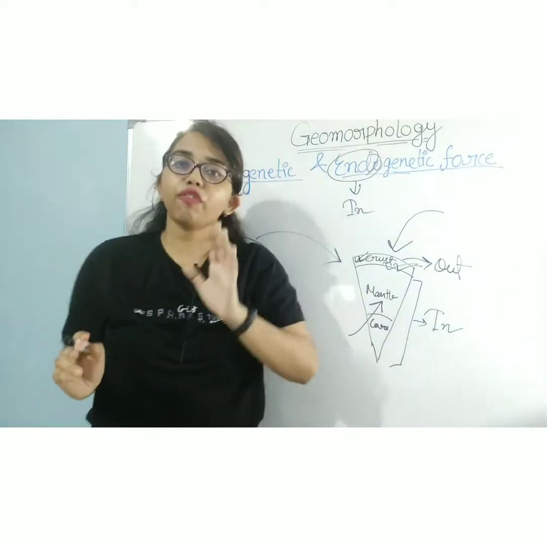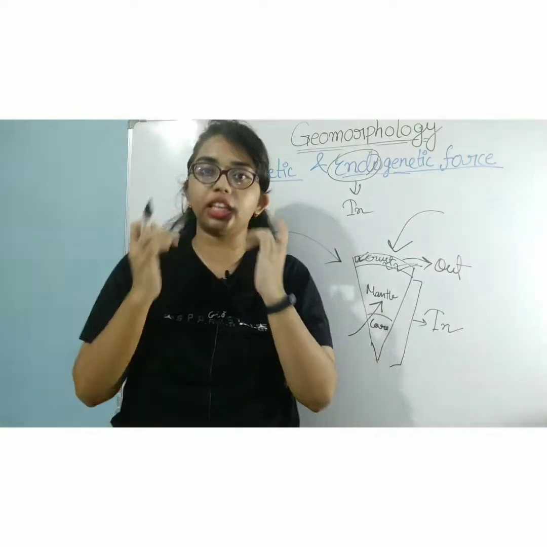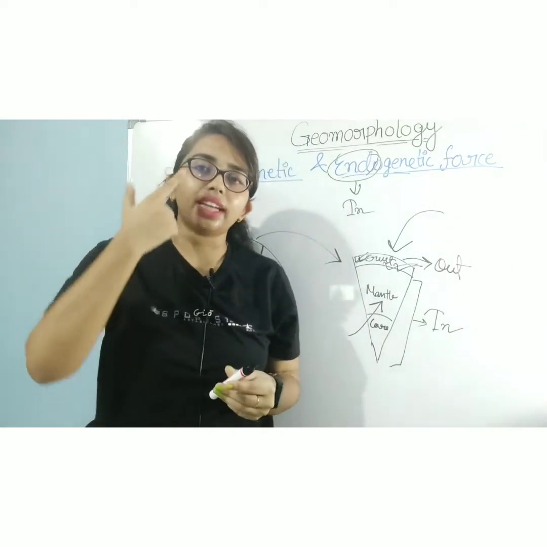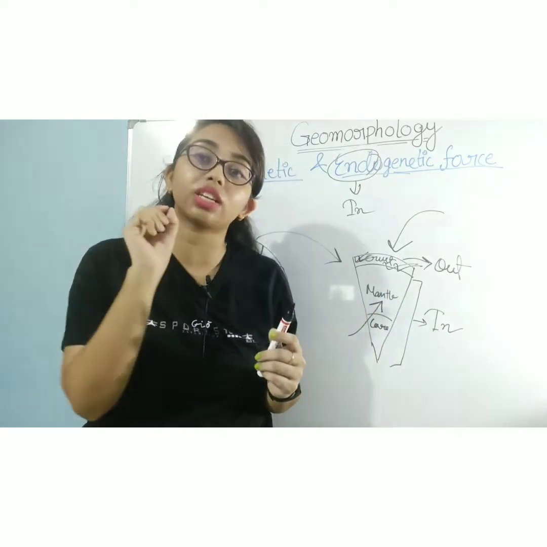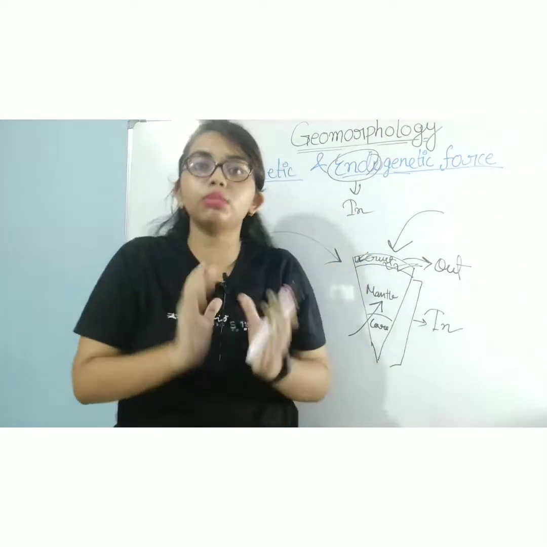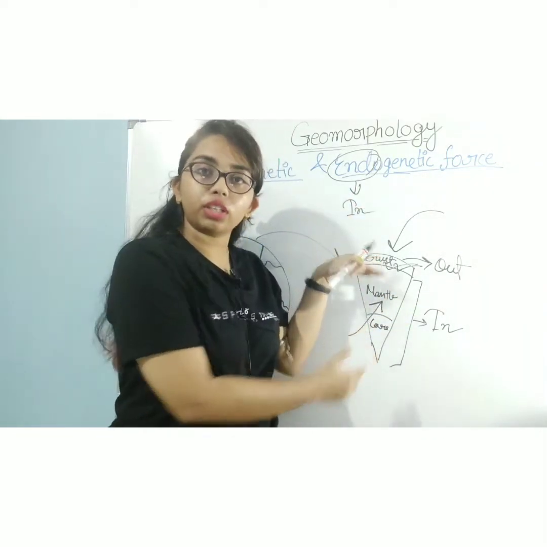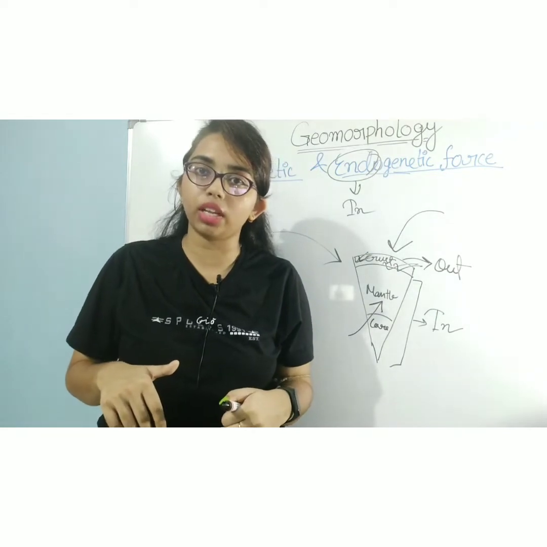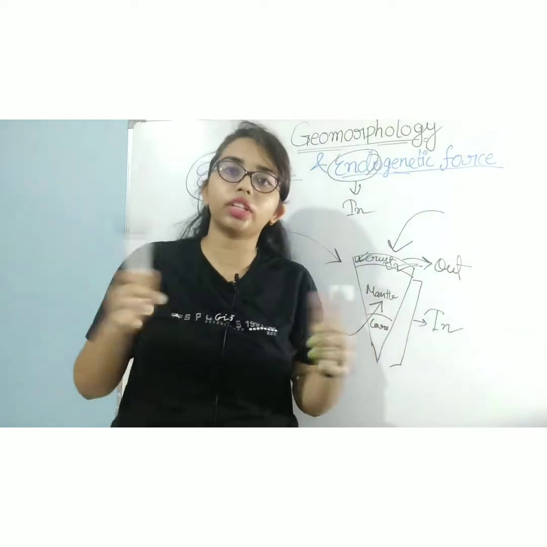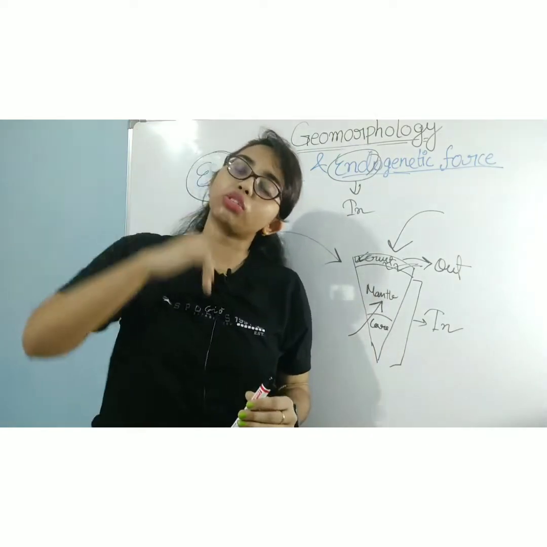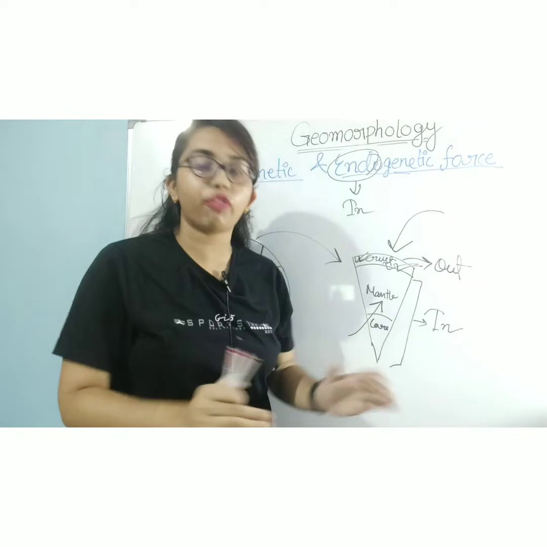If I compare the earth with our human body, we can understand very easily. You can see that this is my skin, just like the earth's skin. What is the name of the earth's skin? That is the crust of the earth, the outermost layer. So it is my skin, and I also have an interior portion of my body. Can you see my digestive system? No, you need to cut my body, after that you can see it. So it is also the interior portion of mine. You also cannot see the mantle and core from the crust.